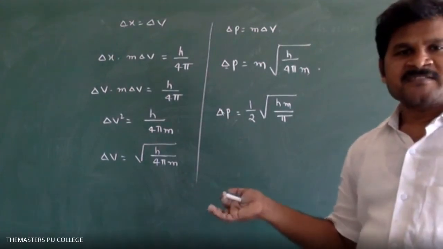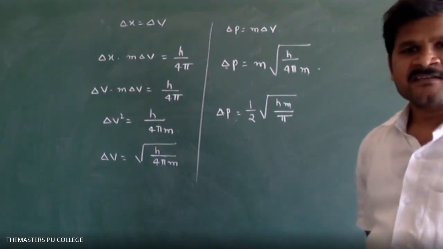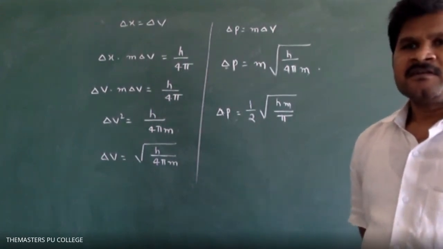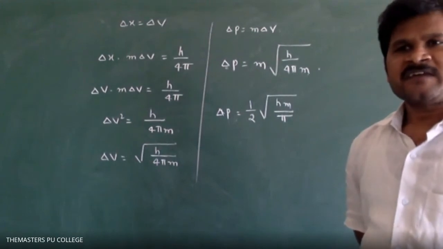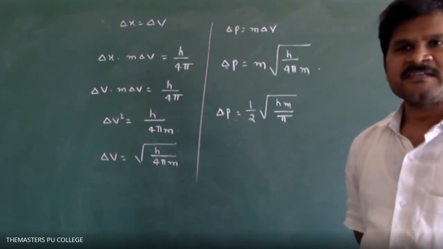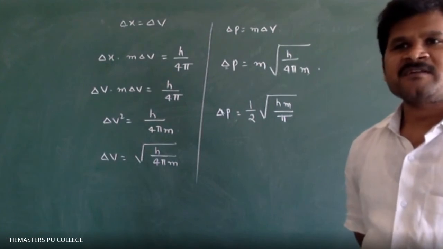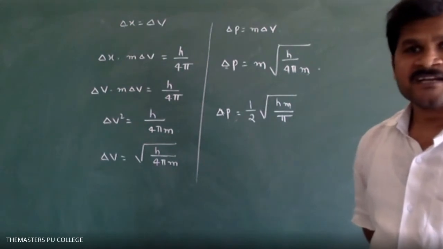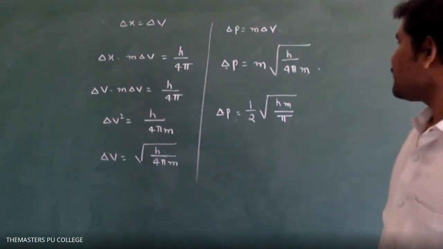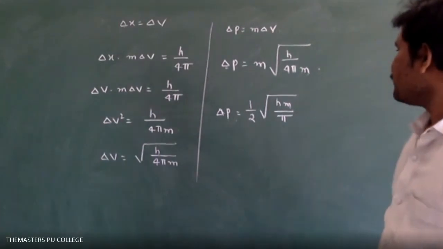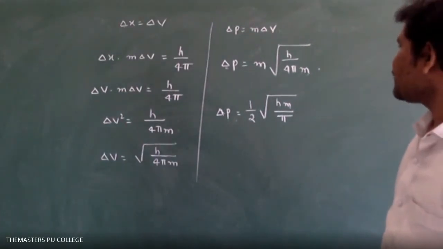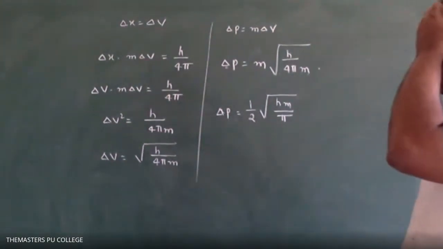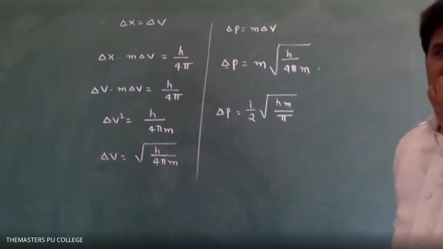Suppose any number is present in a root, what do we do generally? Suppose root 5 is there, root 5 by so and so number. How do we simplify that root 5? We can write outside 5 into 5. Like that we will write. So here also we have to follow the same. M means what we can write; 1 by m is there, so 1 by m means what? Like that we have to do.